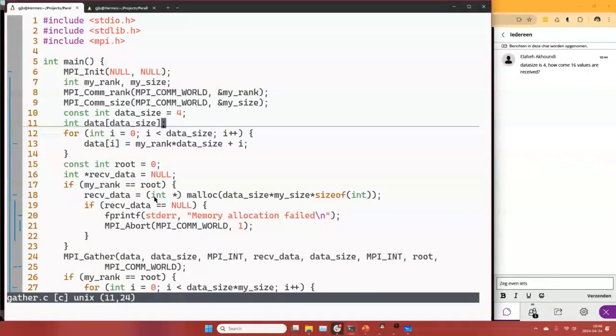Okay. Now, in the root, we want to receive 4 values from each process. So the message count is data size, also for the messages we're going to receive. And our send buffer is data. Of course the root needs a receive buffer. What's it doing? It's allocating one of data size times my size. Data size is 4. My size is of course the number of processes in our